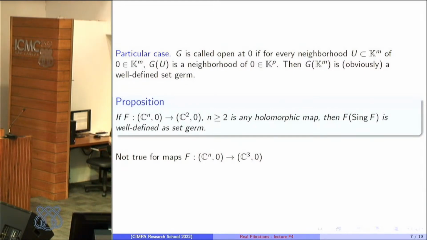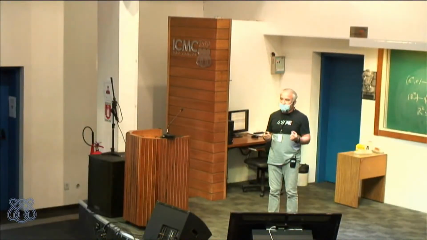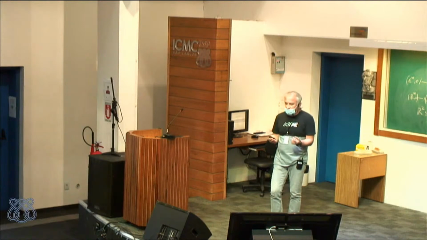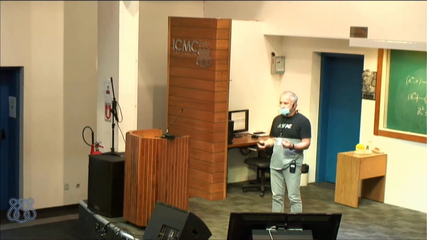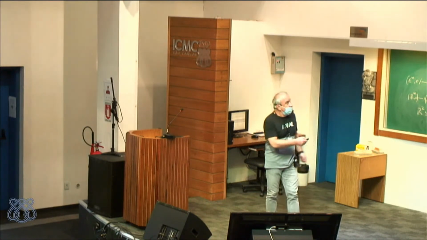So the moral is that even if you have a well-defined image for the function, you don't know what happens with the singular locus. But it's clear that if you want to talk about fibrations and so on, you need to look at the singular locus. I mean, I don't think it's possible to do it otherwise. And then